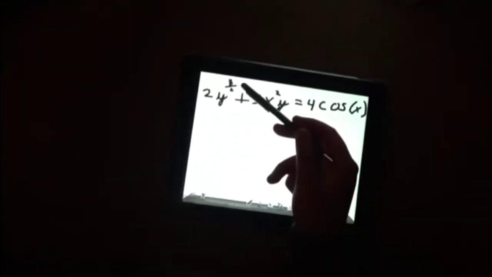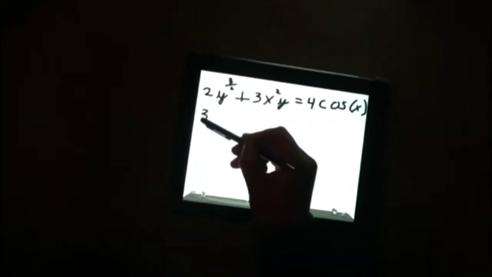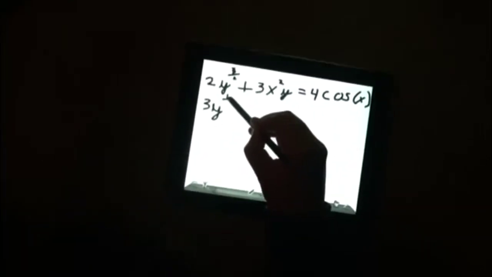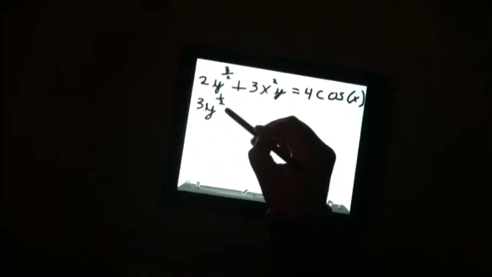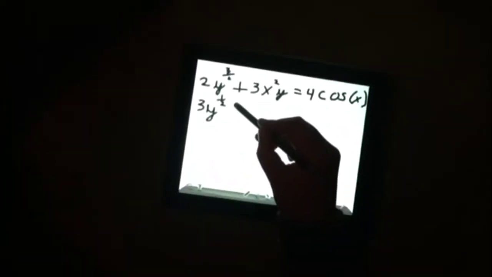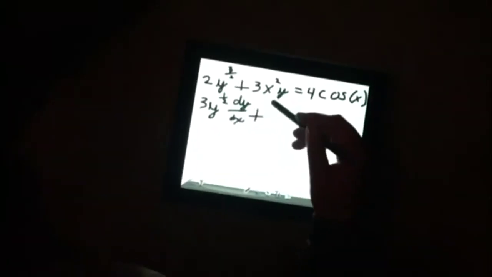We take the 3/2 from the exponent and multiply it by 2. So we get 3y, and we subtract 1 from 3/2 to give us 1/2. So we have 3y to the 1/2 power. And because it's in terms of x, we must add dy, and we use the product rule for 3x squared y to give us